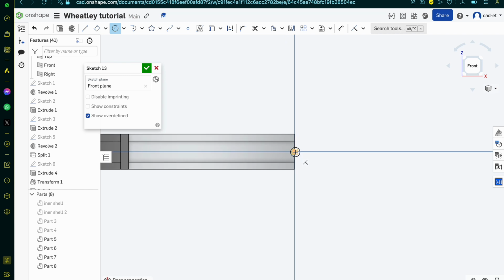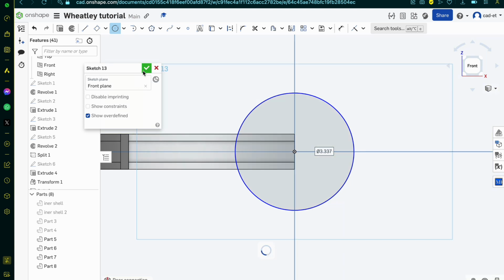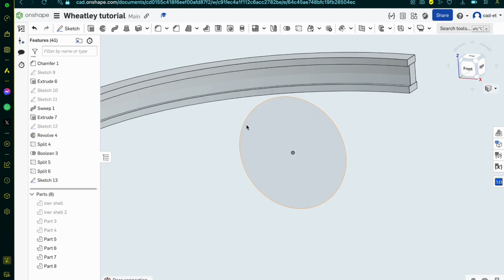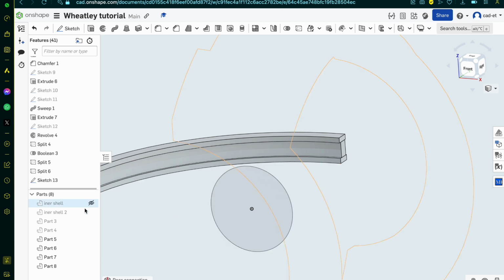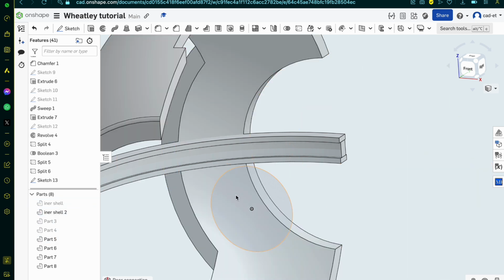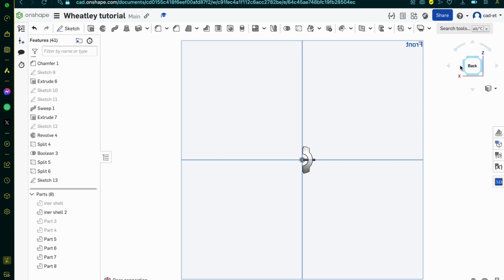Anyway, let's go here and sketch on the front panel. I did have an idea that I might challenge myself to actually make one of these with only the revolute function, so no extrusion whatsoever. But I don't think that'd be possible for this level of design that I'm aiming for. So what I want to do now is just make sure that,